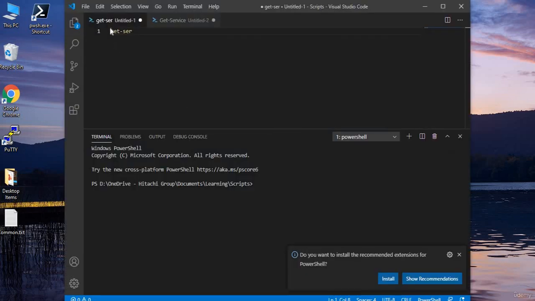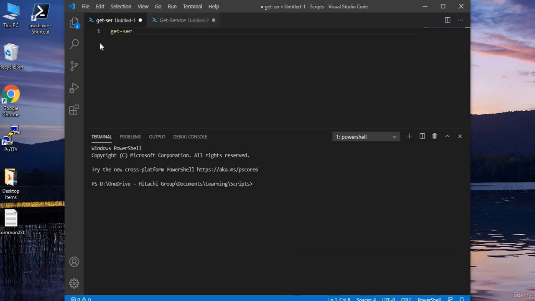When our Visual Studio Code opens, it looks like this. Currently it doesn't have the PowerShell extension. So we need to install the PowerShell extension in this so that we can manage our PowerShell code. It is also suggesting me, do you want to install the recommended extension for PowerShell? Because I am already trying to open PS1 files in Visual Studio Code, it is picking from my previous session, and on the basis of that it is suggesting this.